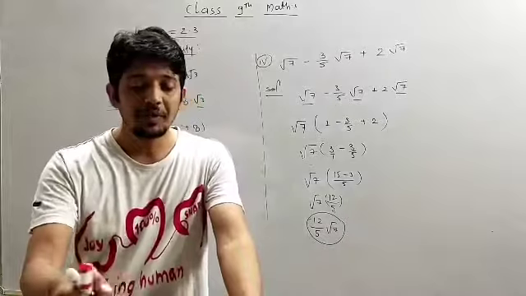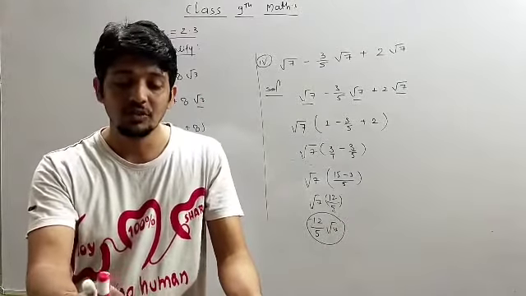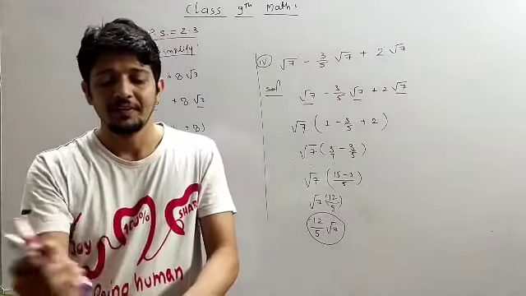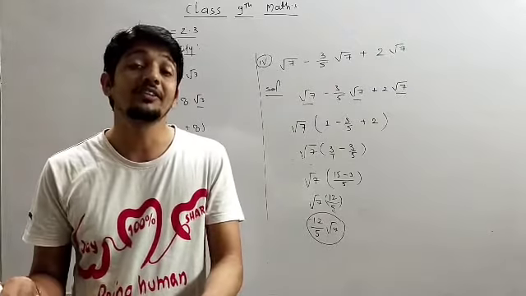Okay. So in the practice set we have completed till question number 6. In the next video we have 3 more questions to solve. Then we will move on to binomial quadratic surds.